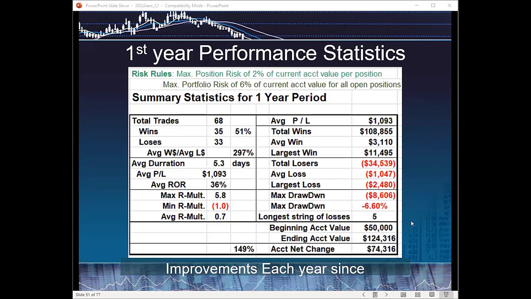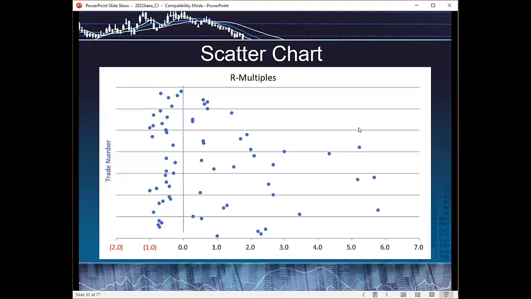My performance has gotten better than this over the years, where I've slowly made improvements, of which I already highlighted some of those, and they impacted my overall performance. This is a scatter graph, and on the left you see the losers, and there was no loser that year greater than a -1R. The average of all the losers was a -0.6R. On the right, you see all the winners with an R multiple. There were some winners that almost were a 6R multiple. There were some winners that were less than a 0.2R, but the average of all the winners is 2.0R.